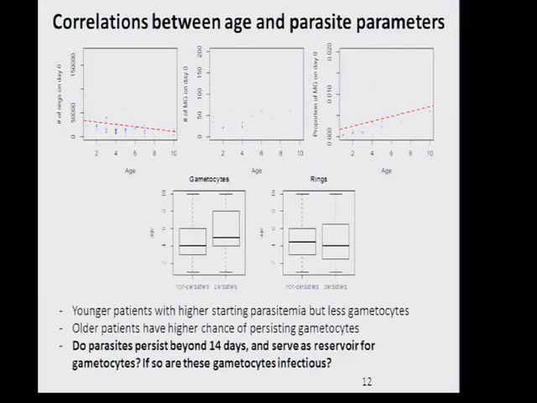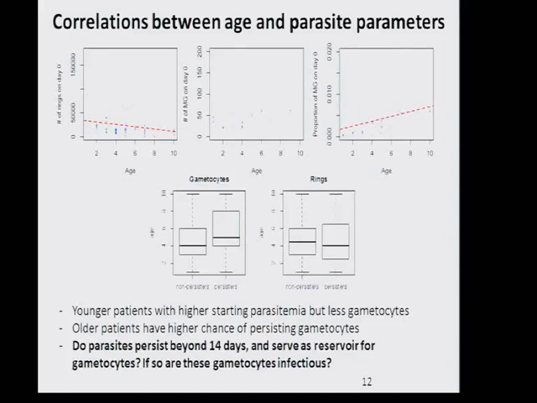So this, at the moment, is a very interesting finding using the tools that we developed recently. And of course, we now want to see whether these ring stage parasites persist beyond day 14, and there are later samples that we can analyze now, whether they serve as a reservoir for gametocytes, and whether these gametocytes are infectious. Unfortunately, it seems like if there are gametocytes, they are below our detection limits, and there were no feeding assays done. But it gets at the last question, which we are now becoming much more interested in, which is